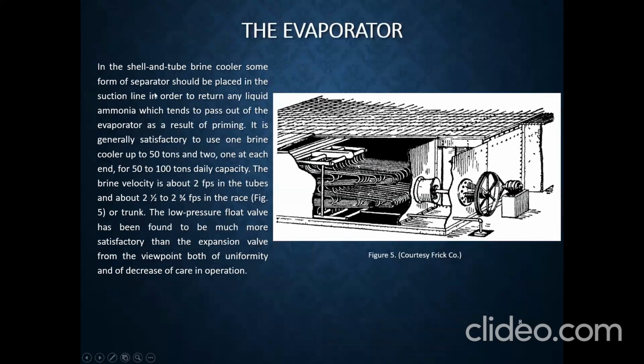Next, evaporator pa rin. And the single tube blind cooler, some form of separator should be placed in the suction line in order to return any liquid ammonia which tends to pass out of the evaporator as a result of priming. It is generally satisfactory to use one blind cooler up to 50 tons and two, one at each end for 50 to 100 tons daily capacity. The brine velocity is about 2 feet per second in the tubes and about 2.5 to 3 feet per second in the race. So valve,